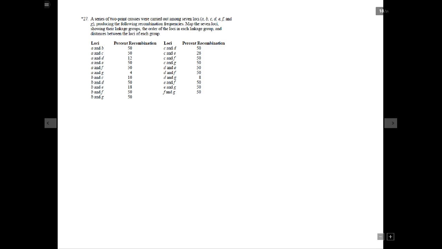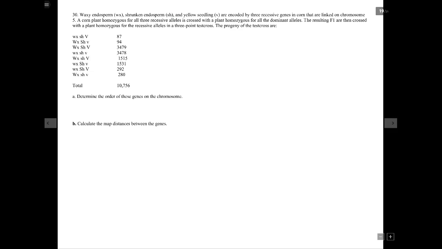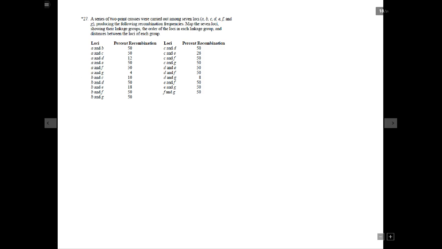Okay, one more. Because I want to stop when we get to this kind of cross. I want to stop when we get to the 3-point mapping. This is making for kind of a long... Alright, we'll stop here, because this one's too long already. So we'll stop here, and